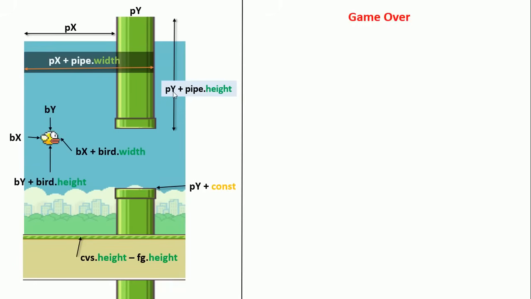Now it's a game over if, for example, our bird touches the front of the pipe, which means the bird x plus bird width is greater than or equal to the pipe x. So this is the first rule, and if our bird is in this place, and then if our bird x plus bird width is less than the pipe x plus the pipe width,